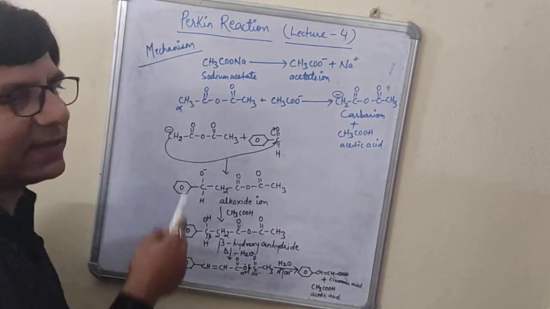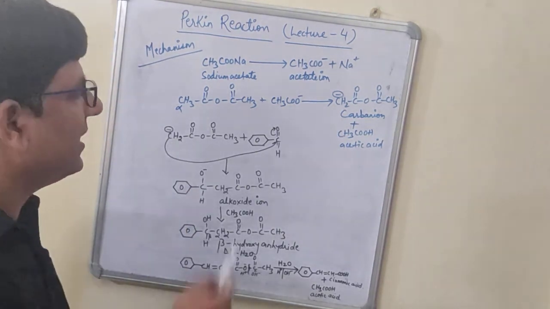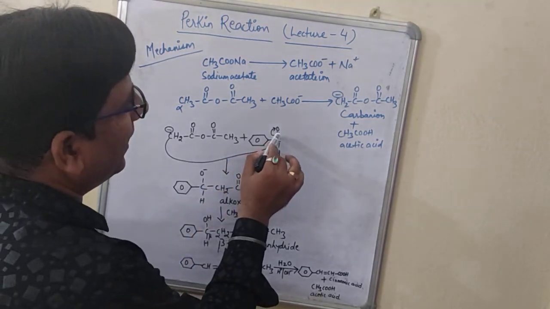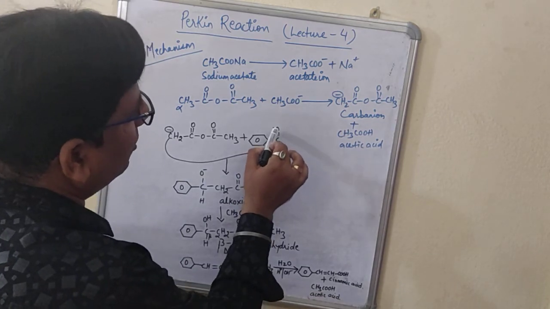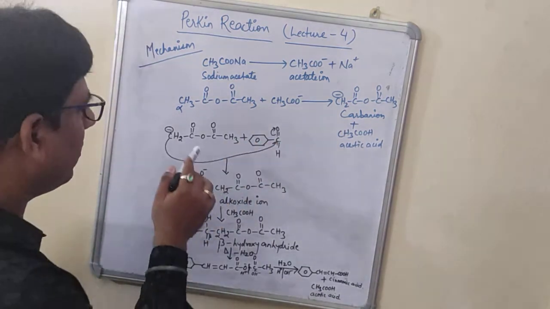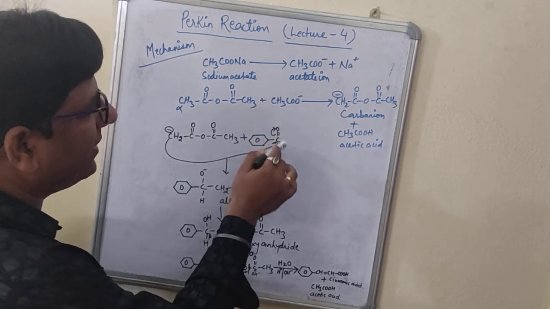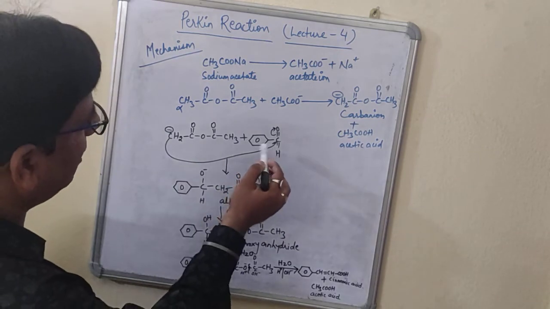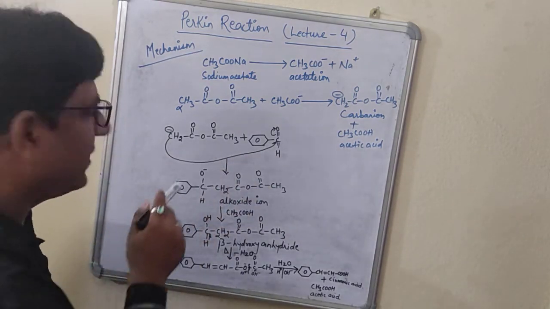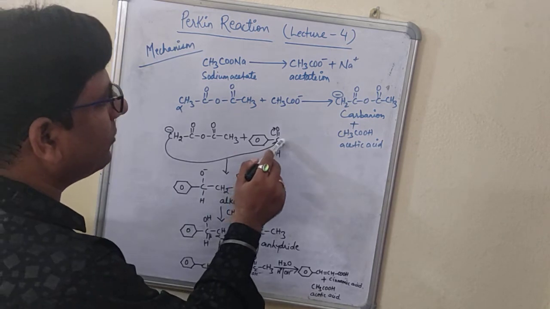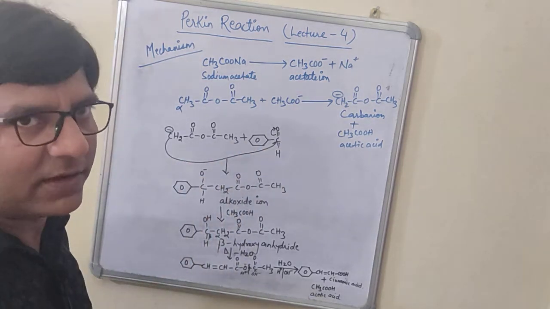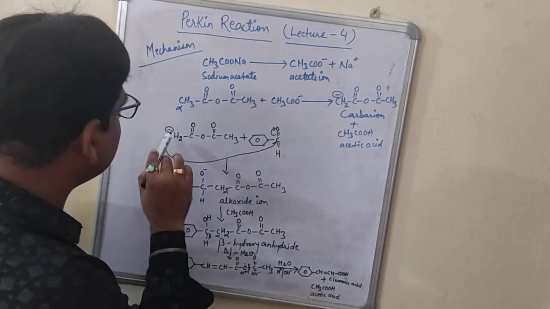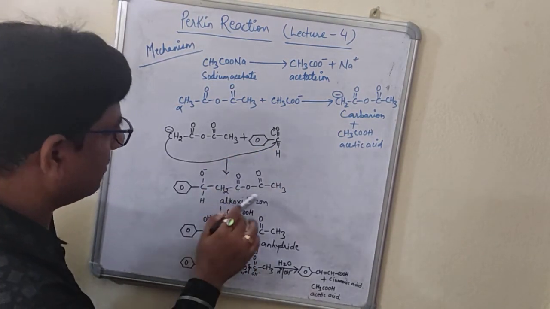Now this nucleophile needs the electrophilic site to make a bond with it. Here we have created the electrophilic site. How have we created the electrophilic site? By breaking the bond on this oxygen, right? When you are breaking the bond on this oxygen, it will acquire a partial negative and this will acquire a partial positive. Now we have made this, see here how we have to join. Always remember, students, that this negative has to be directly linked to this carbon bearing the positive charge, right? You don't have to make a mistake in this step. So when you are linking this negative to this positive, we will get this intermediate.